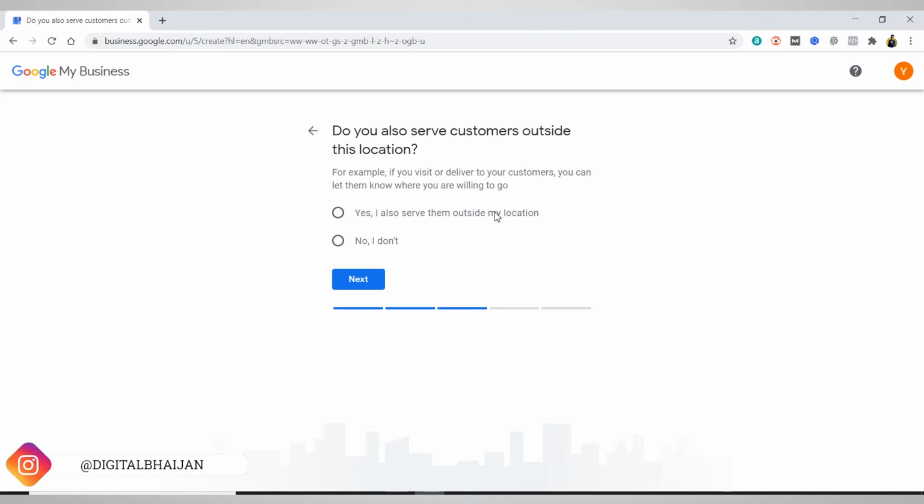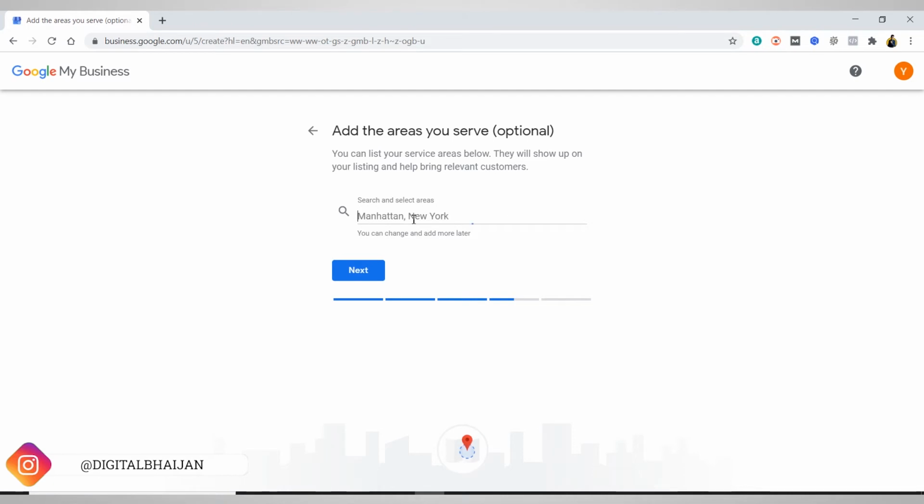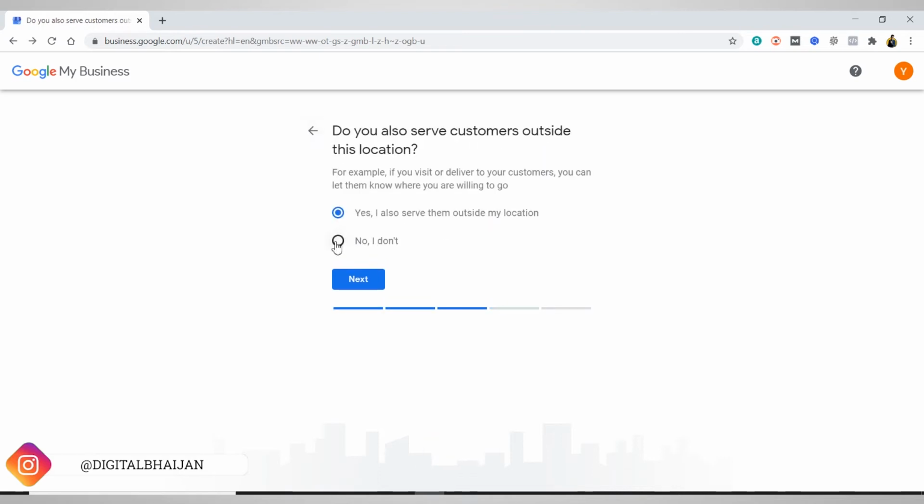But if you don't give any home delivery services, then click on no. If you click on yes and click next, it will ask you about the areas where you serve your services. For now we are not going to select this; we are going to select no and click next.